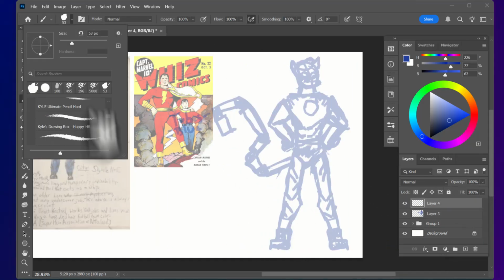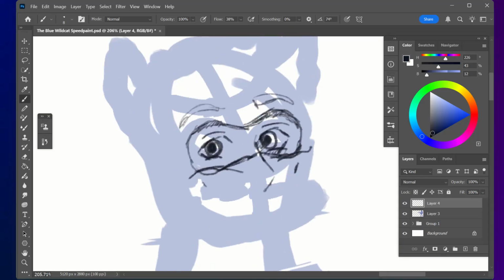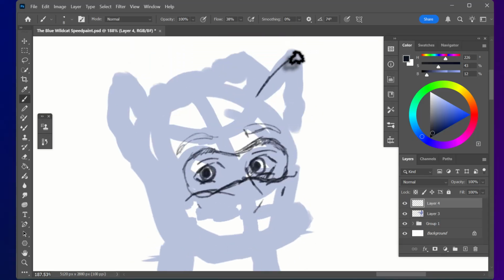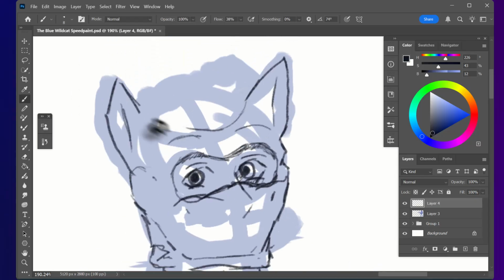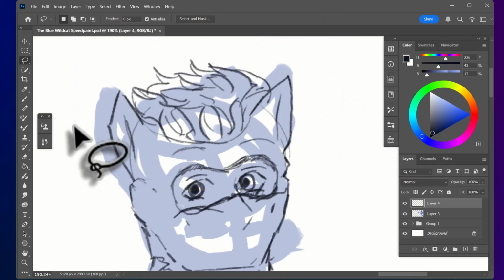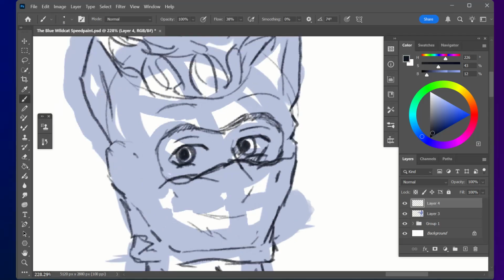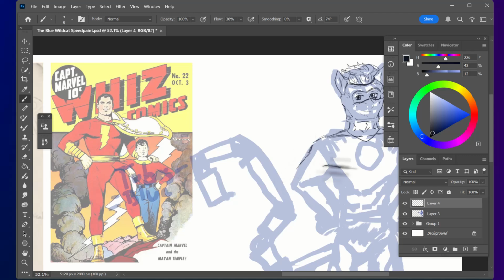Next, I made some more refined details with a pencil brush sketch. While the blockout was made with a thick, more painterly brush, this layer was very scratchy and made with about the same line width as the final line art is going to be. I started with the face because that's usually what I start with. This was more complicated than usual because I was trying to get an expression across while only showing the eyes through the mask. I looked up references for ski masks and made the eye holes more believable